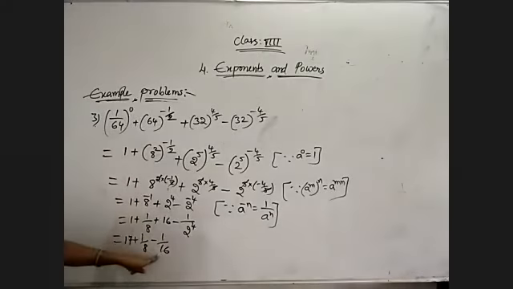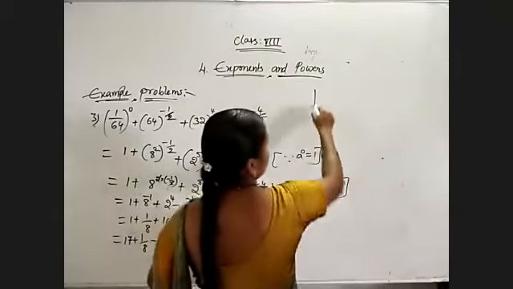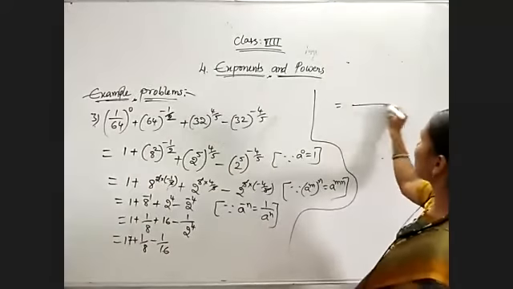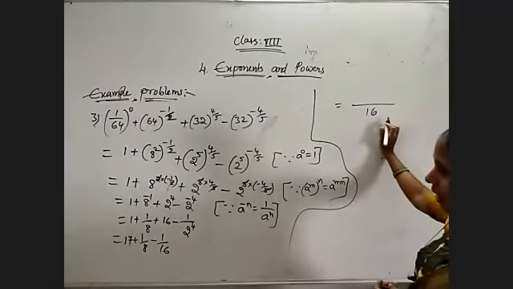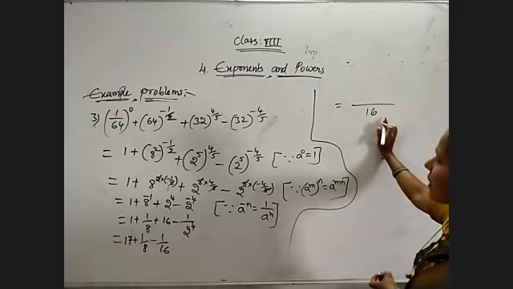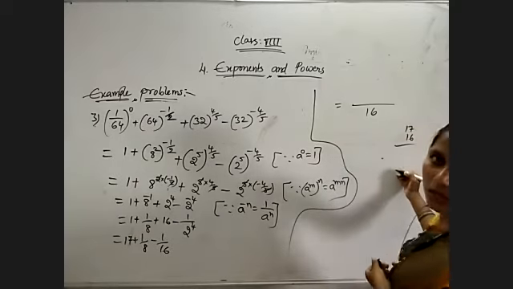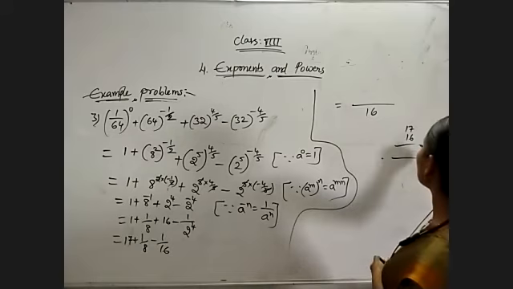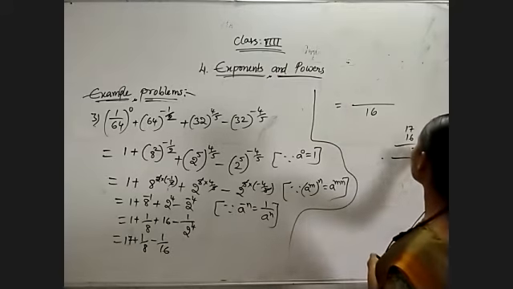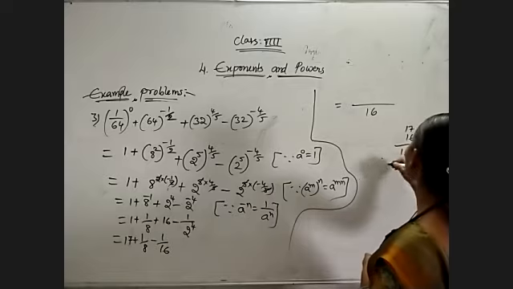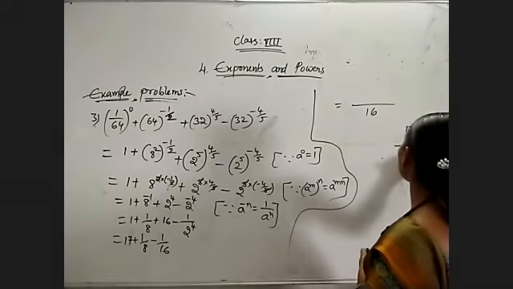17 plus 1 by 8 minus 1 by 16. So 8 and 16 LCM will be 16. Why? Because 16 is a multiple of 8. So take LCM 16. Now first, 16 into 17. 17 into 16, so find out the product. 6 7s are 42. 6 1s are 6. 6 plus 4 is 10. 1 7 is 7, plus 1.